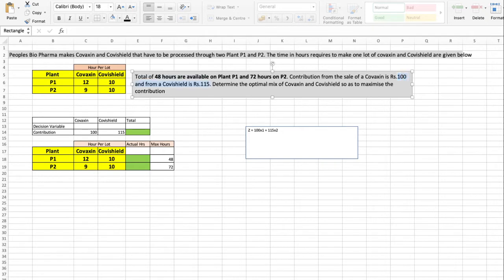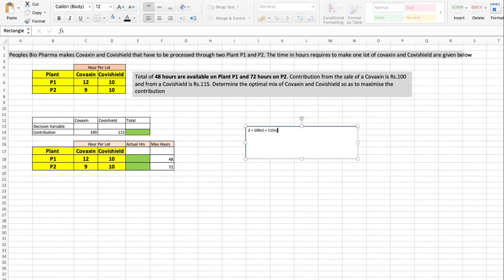So that means the contribution for Covaxin, multiplied by the decision variable, the number of Covaxin lots we have to make, plus the price per vial of Covishield multiplied by the number of Covishield lots made. Consider it as the number of Covishield. So you can see 100 x1 plus 115 x2.